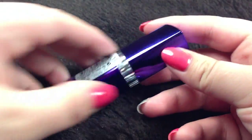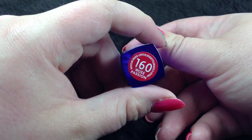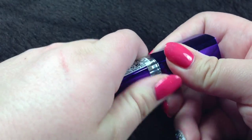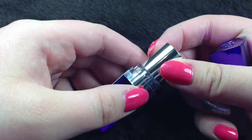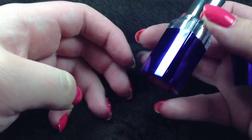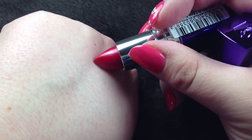The next thing is this Rimmel lipstick. The number of it is 160 and it's in Rose Passion. Now, Essie Button, another good YouTuber, was talking, for some reason this is really hard to open, she was talking about how she bought this and that she really likes it. There's the colour there. I'm going to try and show you on my hand. I've got a story to tell you about that in a second, but